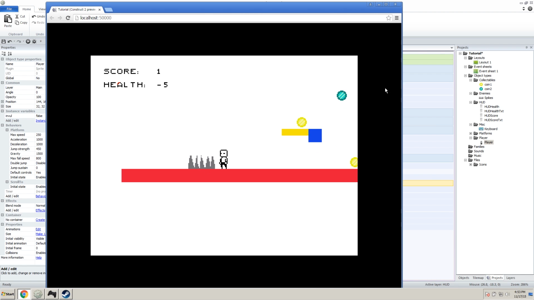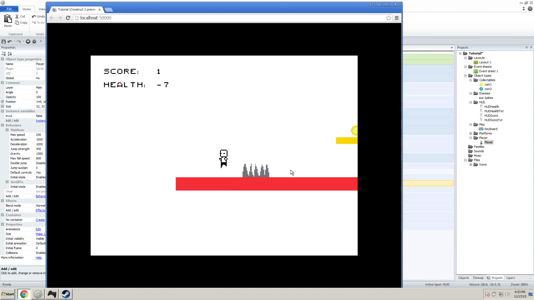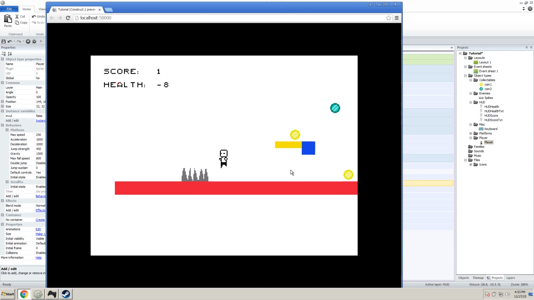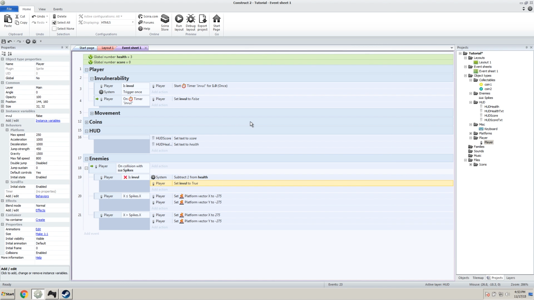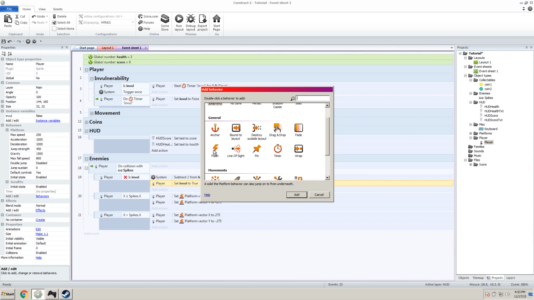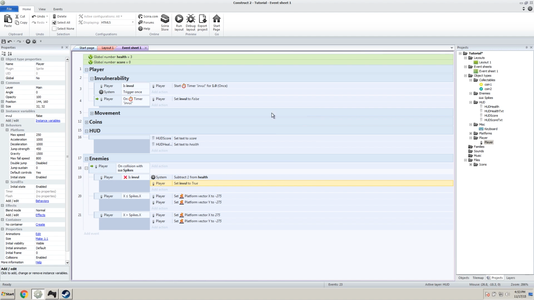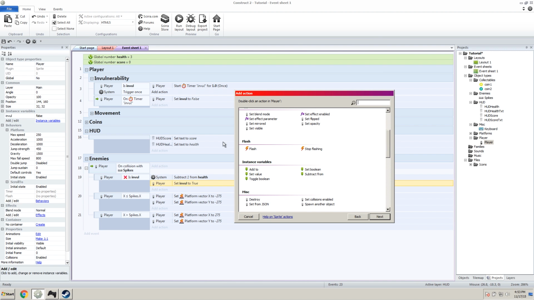All right. Cool. But we don't actually know how long our invulnerability lasts. Man, if I never have to say that word again, my life would be so much better. What we need to do is make him do a little flashing, and that's super easy to do actually. So if you go down to our behaviors, we add a new behavior, we're going to add general flash. And this is super easy, so once invulnerable starts, we're going to go add action, player, go down to flash,